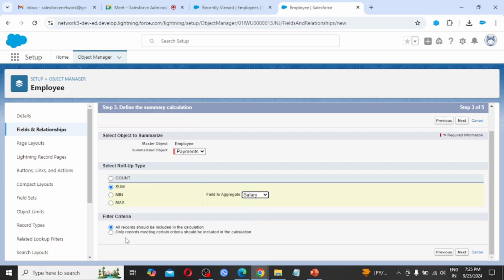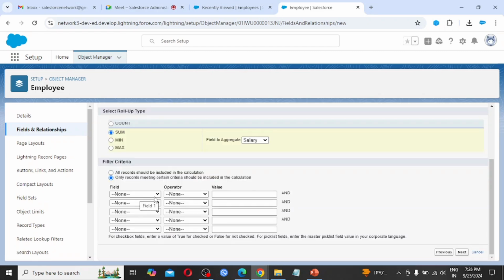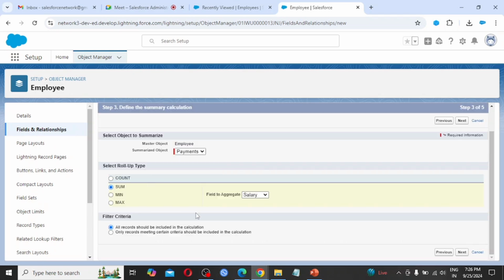Or you can go with only records meeting certain criteria should be included in the calculation. If I go with this radio button, you can set filter criteria. For now I am not going with this, I am going with all records. Click next.